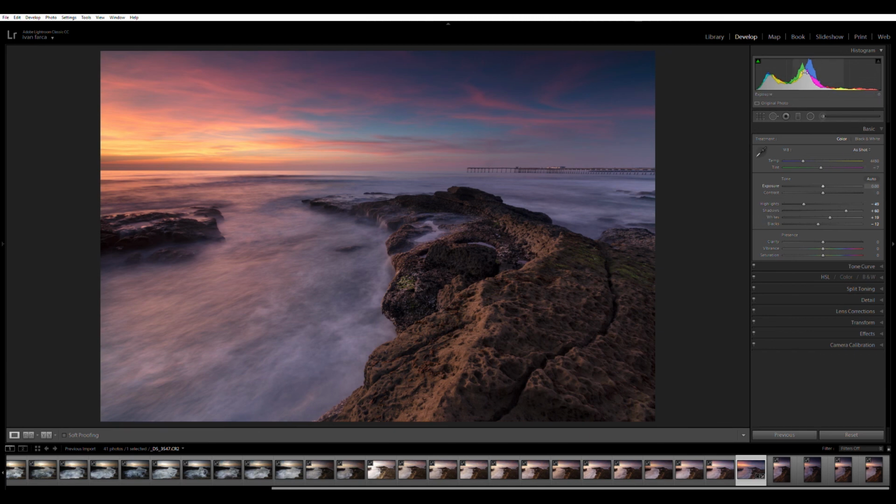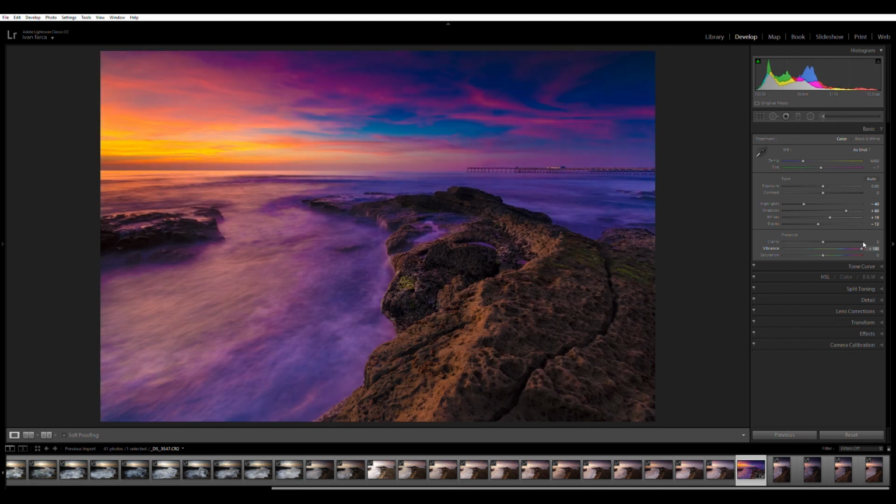Okay, now I see. I go with a little bit of vibrance. Just checking. I don't want it really oversaturated. I just want a little bit of that. Just a little. Clarity, I never touch, and saturation, I never touch. So now that I have what I want,